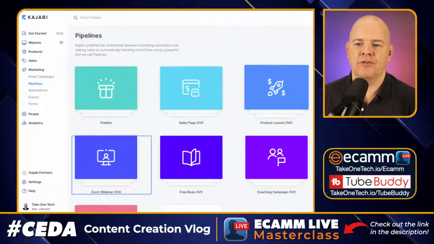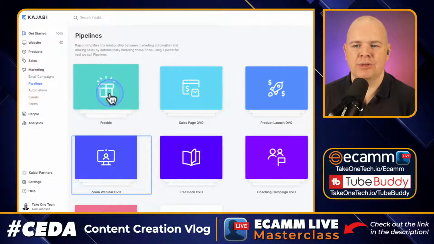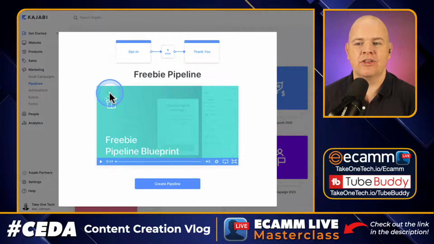But for the freebie, it says there, that's basically a lead magnet. So where it says freebie, that means a lead magnet, which is something that you're giving to somebody for free in exchange for their email address and name. And you can see this is the process. And so all you do is just click on Create Pipeline,